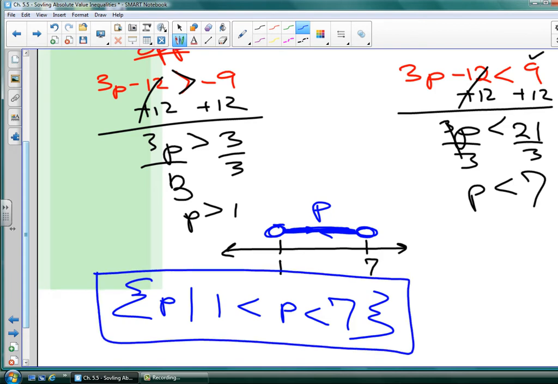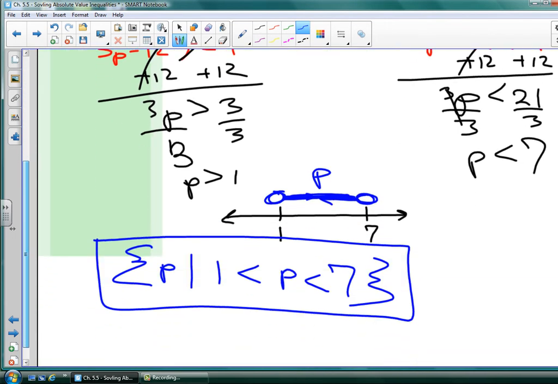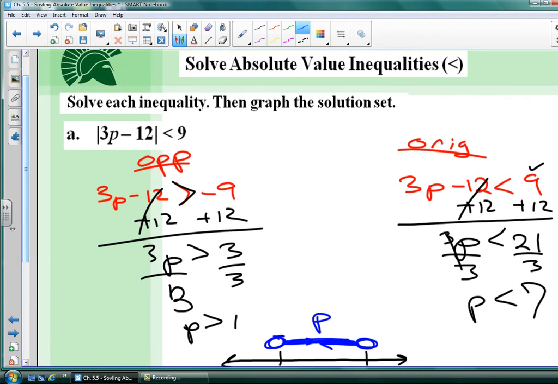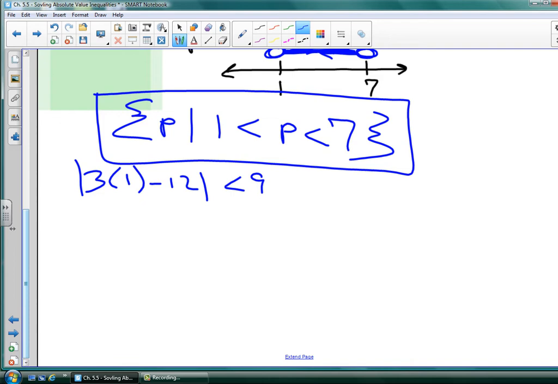So I've graphed it, and I have written it in set builder notation for my answer. Okay, I could go back up and check it if I really needed to. If I check it, I plug in 1 in here, and I have the absolute value of 3 times 1 minus 12 is less than 9. And so 3 times 1 is 3, minus 12 is minus 9, but it's in the absolute value, so when it comes out, it becomes